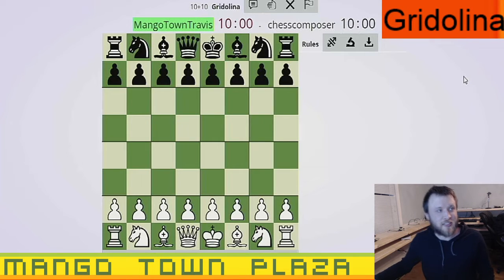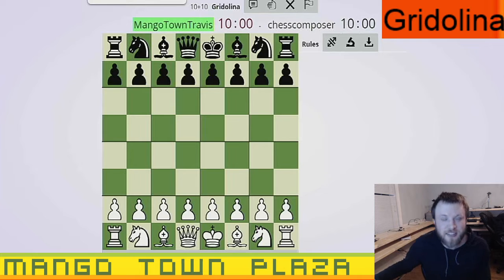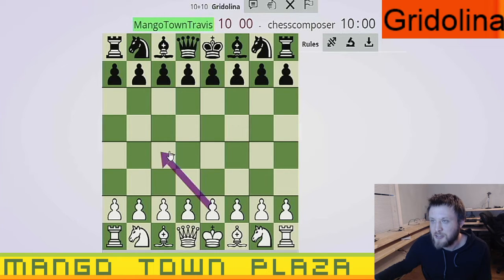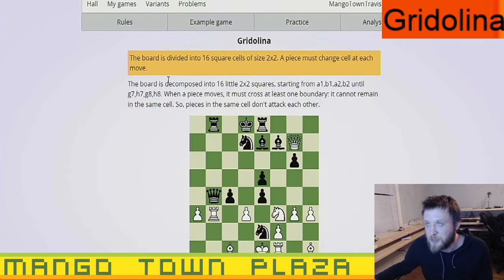This is Gridolina Chess, the first time playing this. I've played Gridolina Chess, which is how these pawns move. So pawns move sideways and attack forward. That's one difference of the pieces, but other than that,